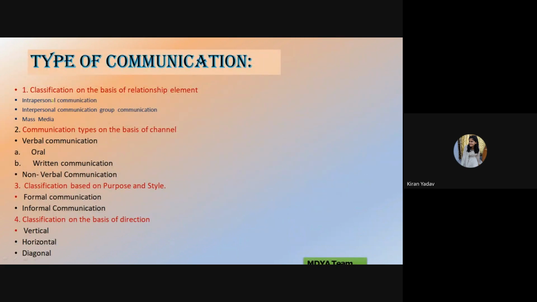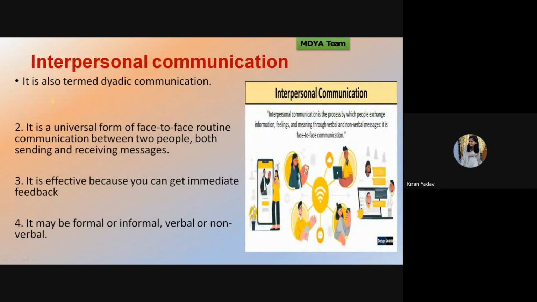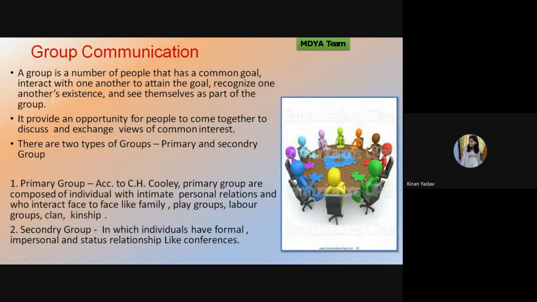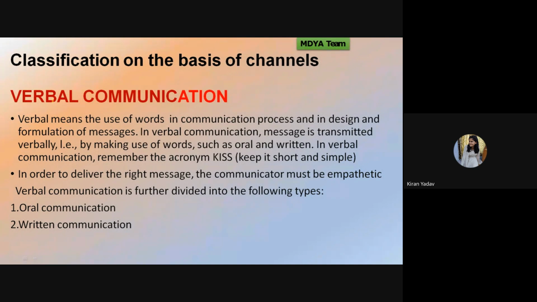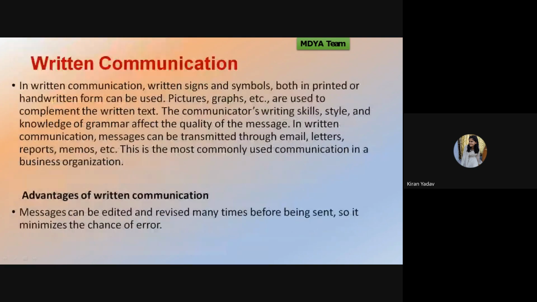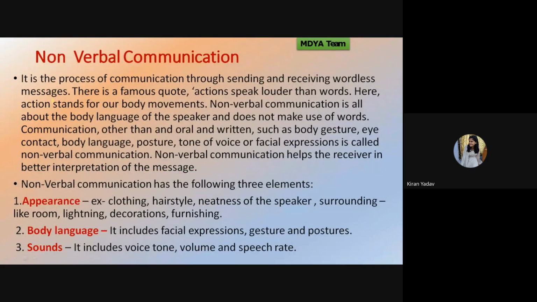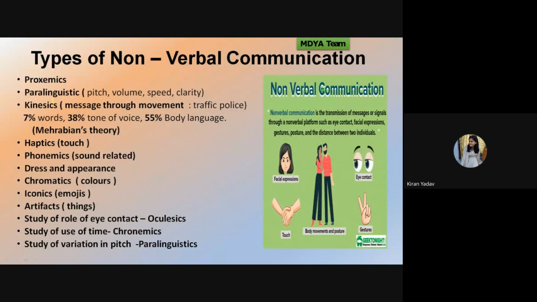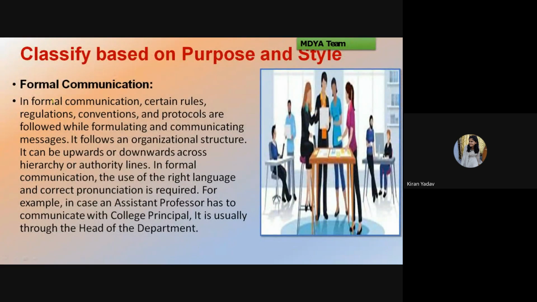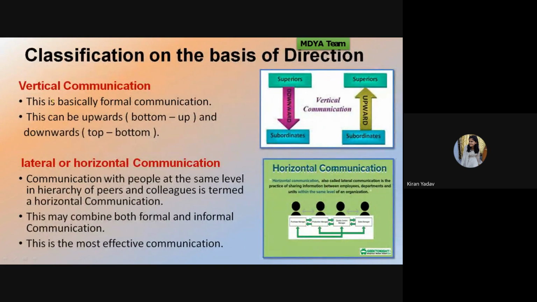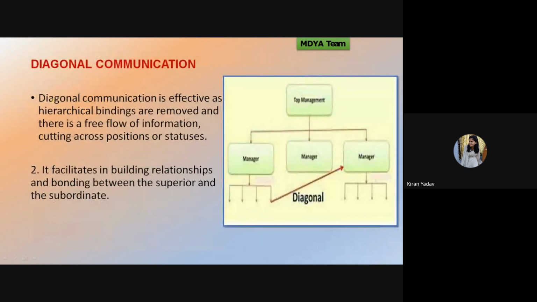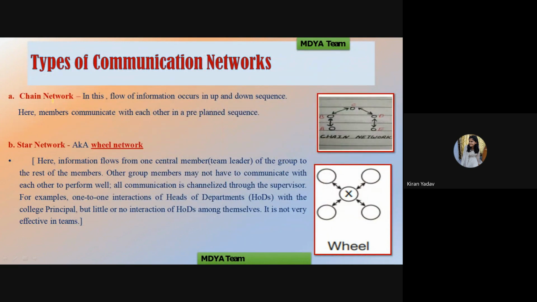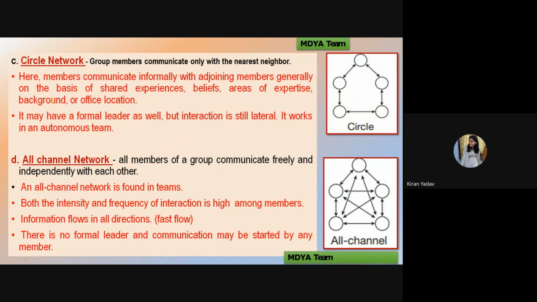types of communication on the basis of relationship element, on the basis of channel, on the basis of purpose and style, on the basis of direction, interpersonal, intrapersonal, group communication, mass media, verbal communication, oral, written, non-verbal, formal, informal communication, vertical, lateral, diagonal, and types of communication networks we have seen. Chain network, star network, circle network, pole channel network,